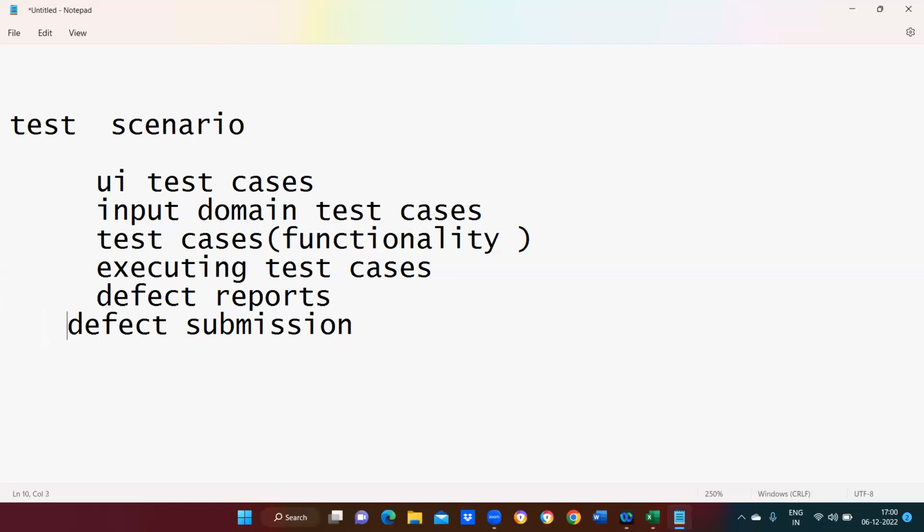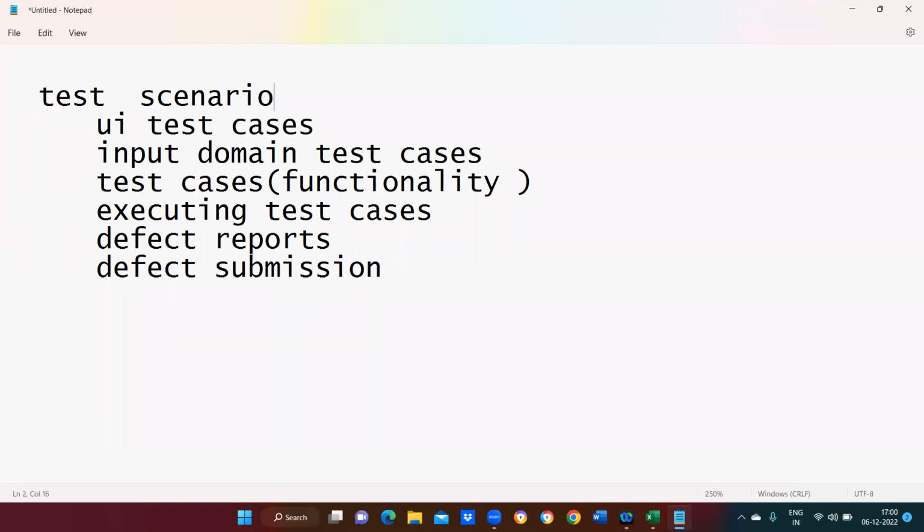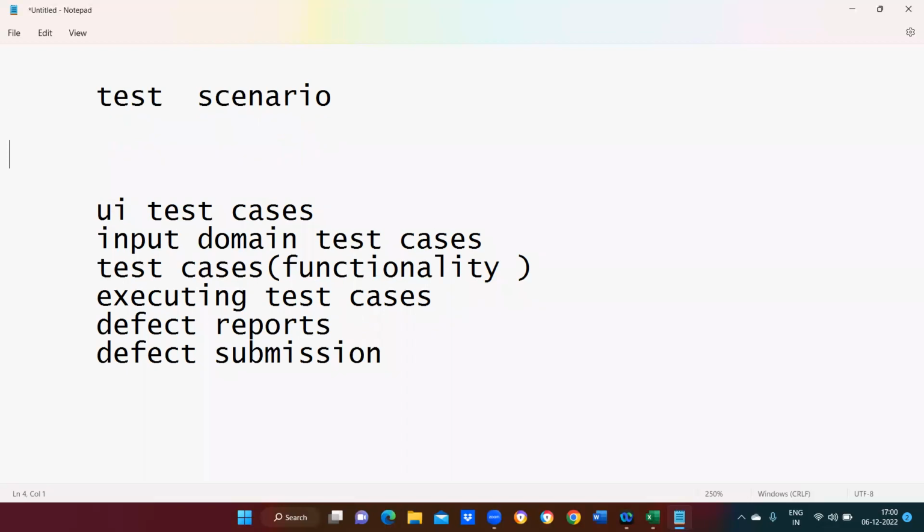So first of all, you need to prepare your scenario. Once you prepare your scenario, you need to write your UI test cases. Next, once you prepare your UI test cases, based on that, we need to prepare your input domain test cases, and we need to write your main functionality, executing test cases, defect report, as well as defect submission. So scenario mainly explains about describing the